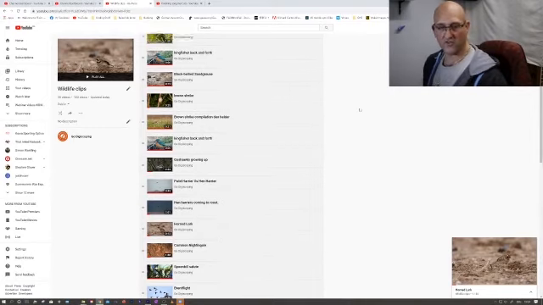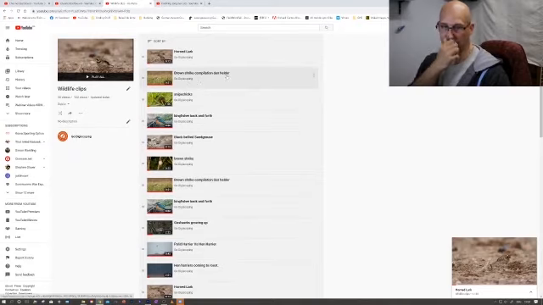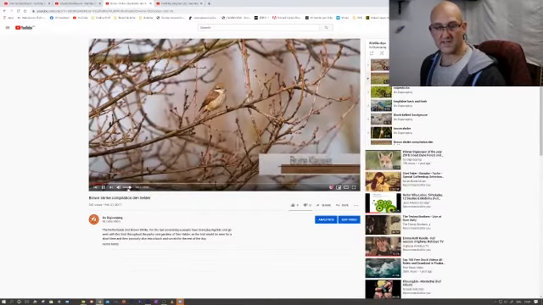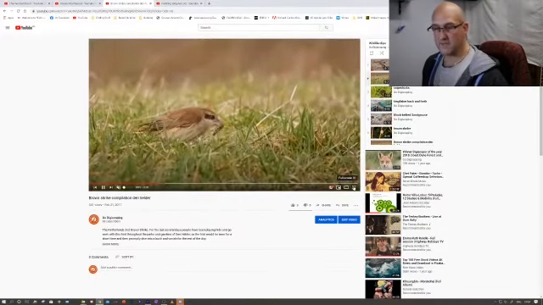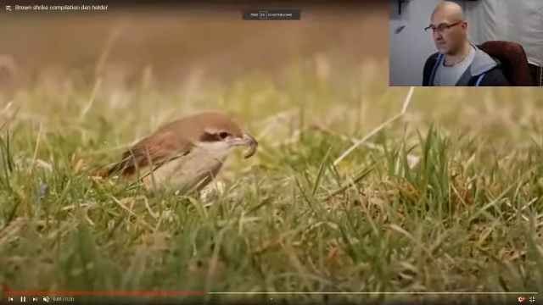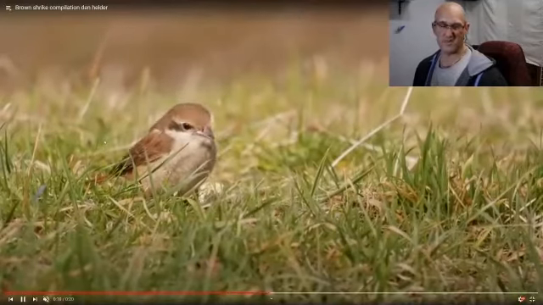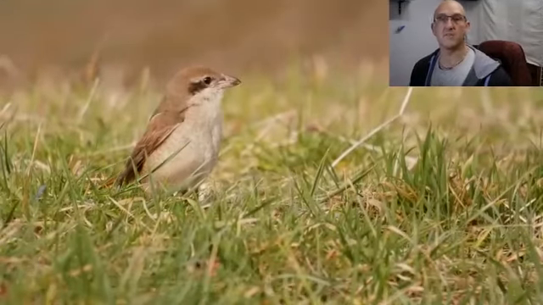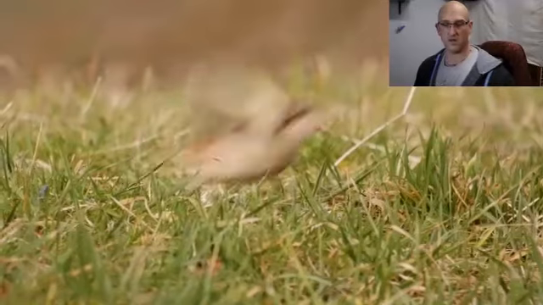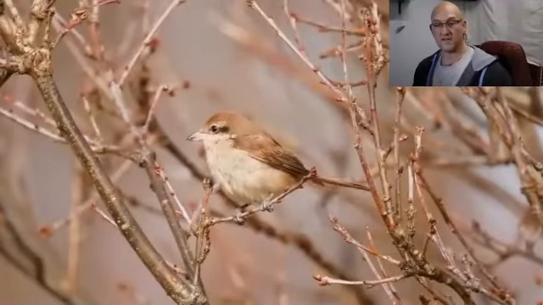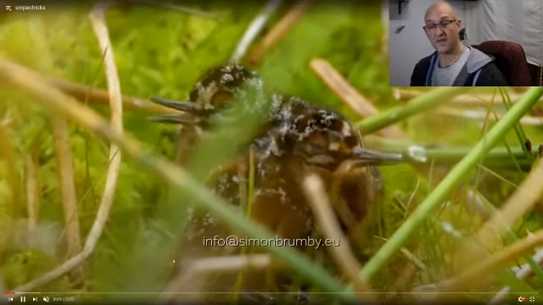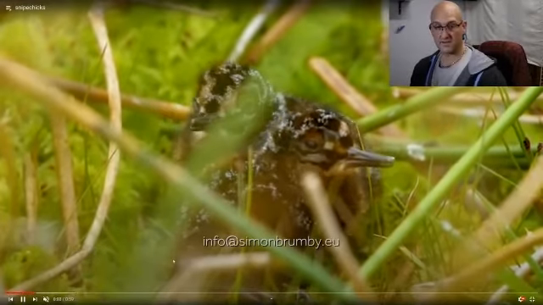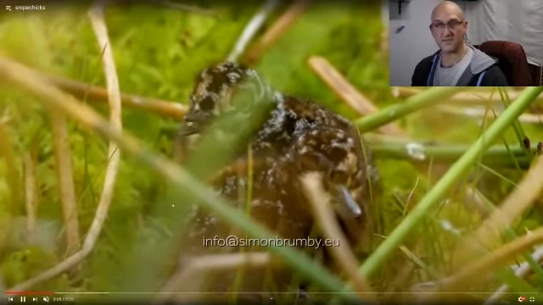Oh, and one thing I will say before we close out completely is watermarks. Love or hate them, huh? I've been mentioned to by several people about watermarking, because I watermark the majority of my stuff. Footage like this brown shrike in the Netherlands is a super rare bird, and snipe chicks in the wild in Scotland, you don't get to see them very often.